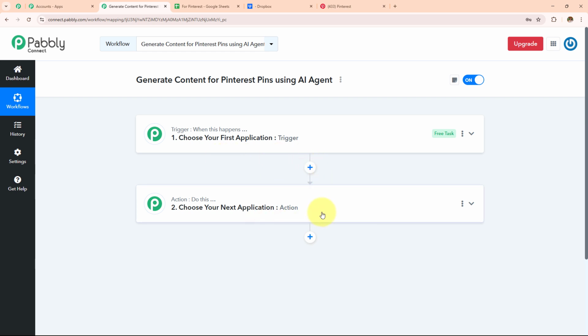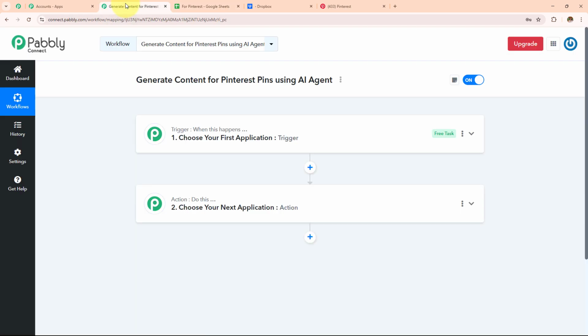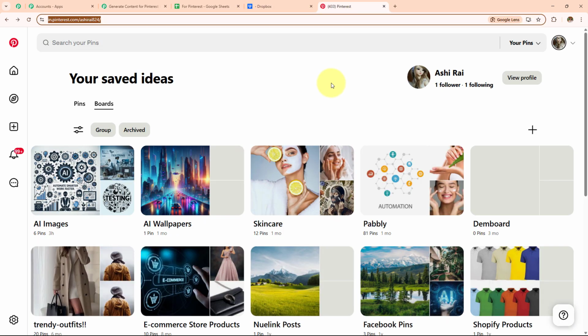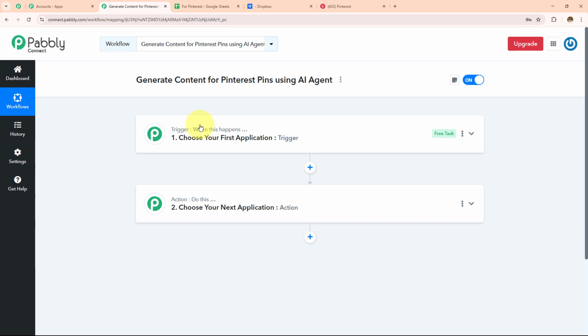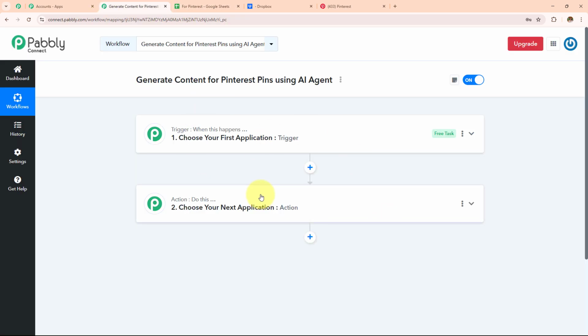So Trigger is basically an event which starts the automation of a workflow. There can be only one trigger step in a workflow, but as many as action steps as you want. Here in this workflow, I want to generate content for Pinterest pins using AI agent, which means whenever I'm going to add a new image and a title in my Google Sheet spreadsheet, my AI agent is automatically going to generate that and add that to my Dropbox and then create a pin in my Pinterest account,